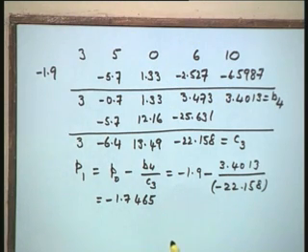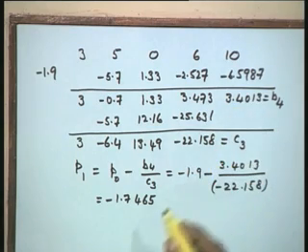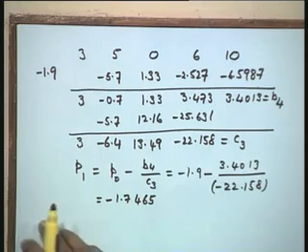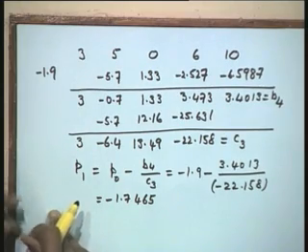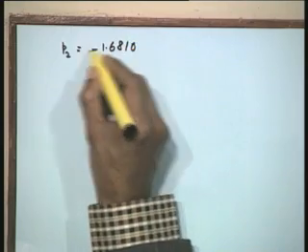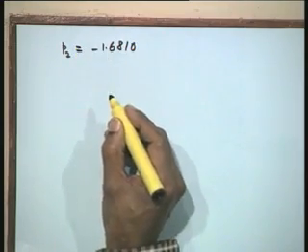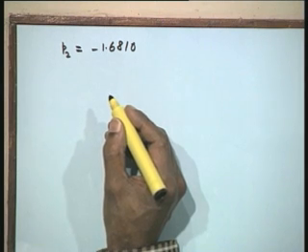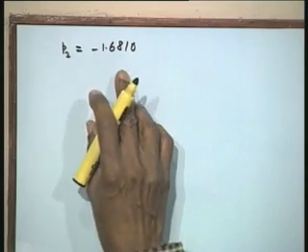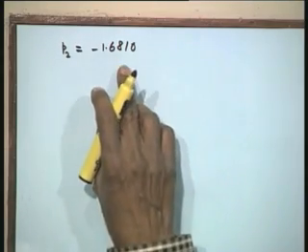Now I would continue the synthetic division, the second iteration using minus 1.7465. Now the remaining part is trivial, therefore I will leave this to complete for you, but I will give the solution of this problem that you should have. So the second value p2 comes out to be minus 1.6810. We have been asked to perform only 2 iterations. So we shall stop the iteration at this particular level and then find the deflated polynomial with respect to this.